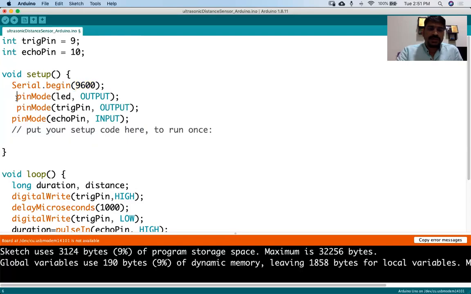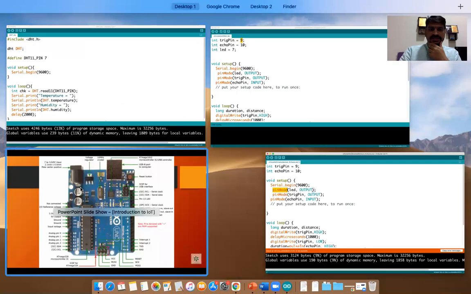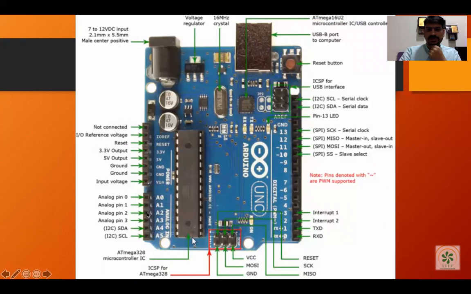Now let's go to the pinMode. Pin mode is very useful when we want to make the pin act as an input or act as an output. As I told you, all those pins that are there here are acting as an input as well as output. It acts as an input when it requires the sensor data. So the sensor is generating the data, and the generated data will be taken from the sensor into the board. So we require input.